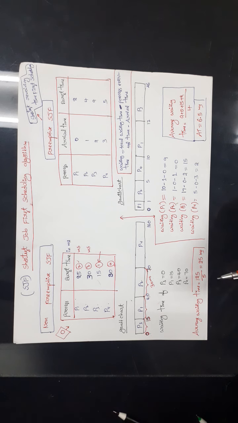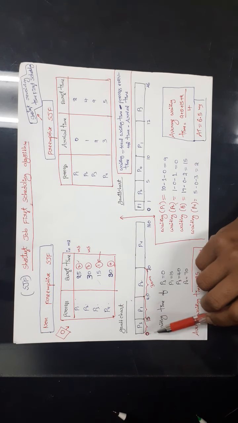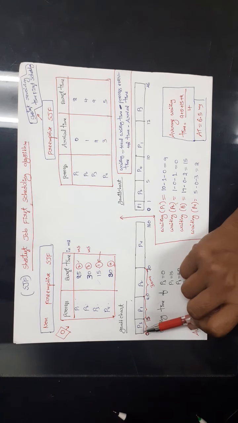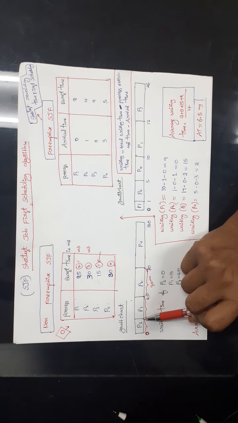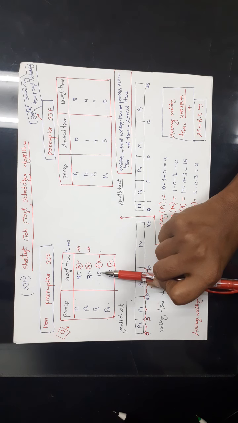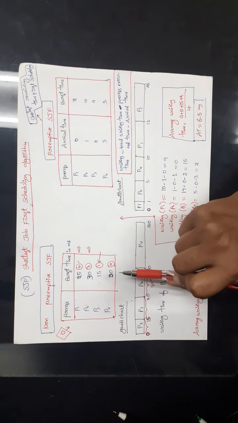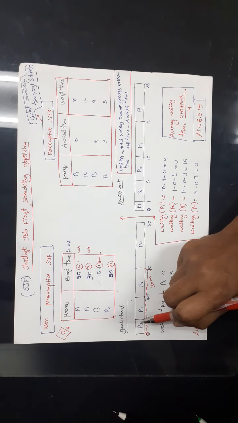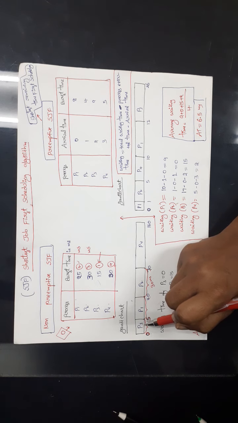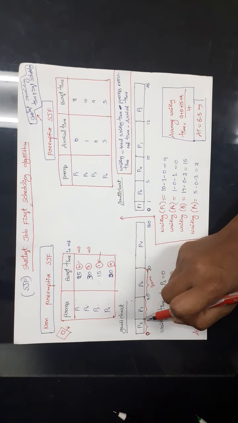If you observe, once we have given the CPU to a particular process, we do not take the CPU from it until it finishes its work. First we have given the CPU to process P3, and we are allocating the CPU to this process for 15 milliseconds. After finishing the execution of this process, only then do we take the CPU from it.